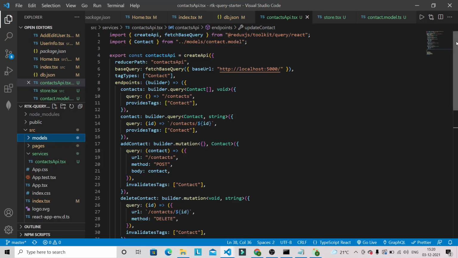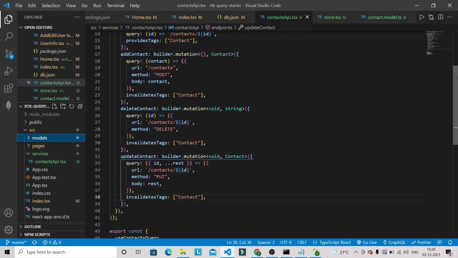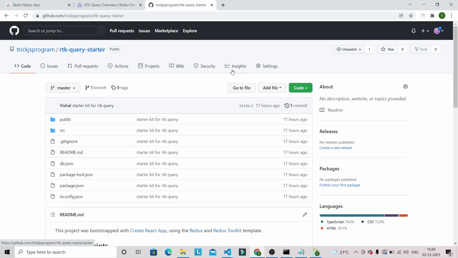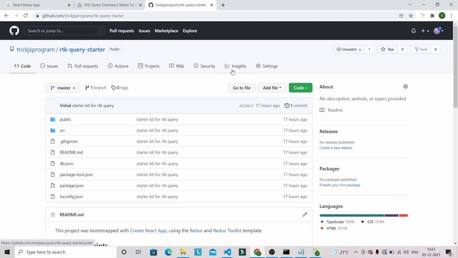So guys, in today's video we are going to write different RTK queries to perform all CRUD operations in our React application. And also in this video we are going to use this starter application to write the different RTK queries. So basically we won't write much code related to the UI part. Our main focus will be learning the concept of RTK Query. That's the reason I have provided you this starter project, so that we can have a quick start, and the GitHub link of this repository will be available in the description, so you can always check out the description for that. I will talk more about this starter project later, like how we are going to set it up. So that we will do in a later part of this video.